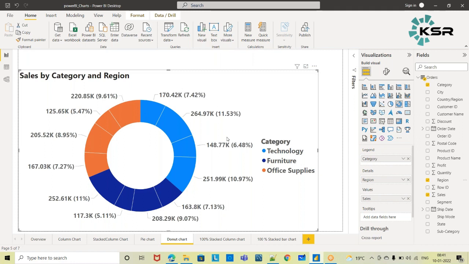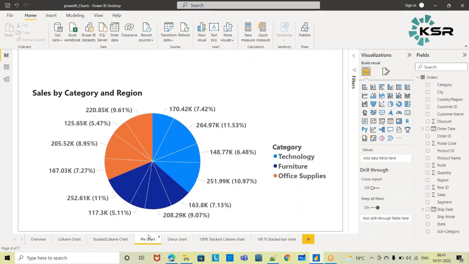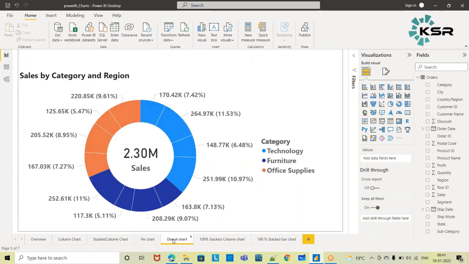So when I sum up this percentage, it is not contributing to 100%. Why? Because this is giving the sales with respect to the overall sales, meaning the denominator is taking the overall sales, which I don't want. I want to calculate within that group, within the technology. So neither a pie chart nor a donut chart is able to give us this value, right?